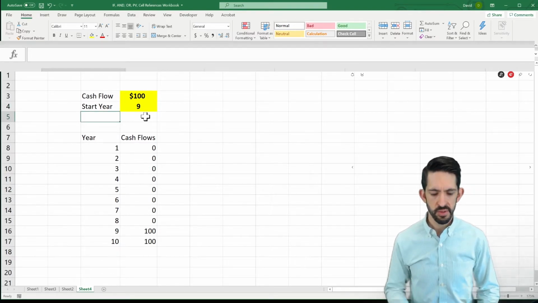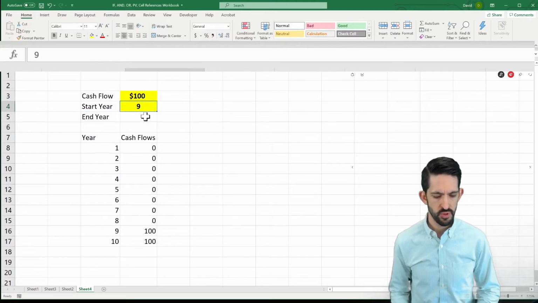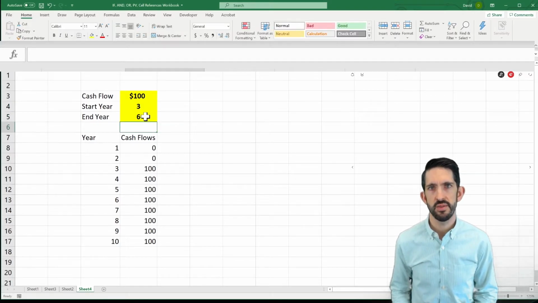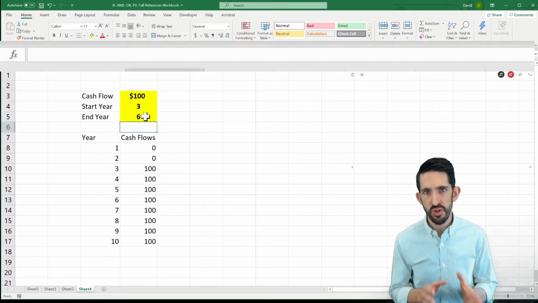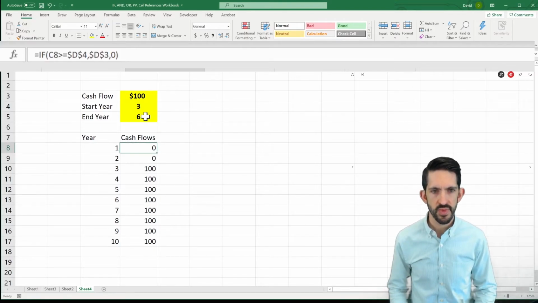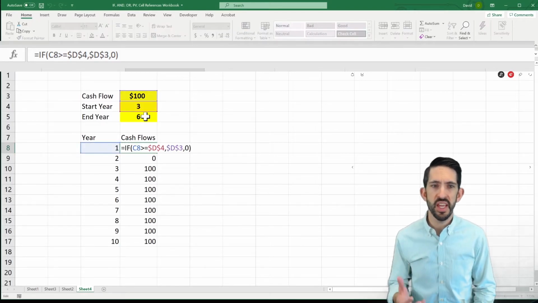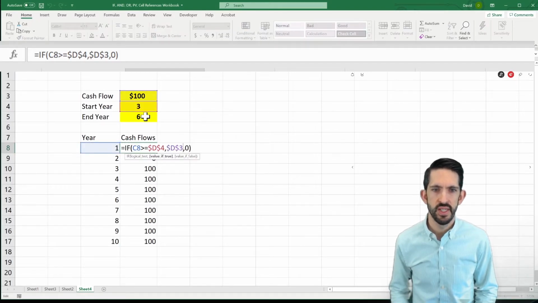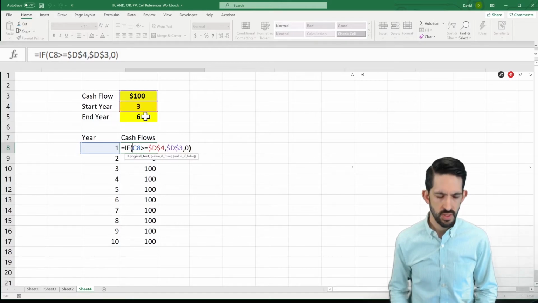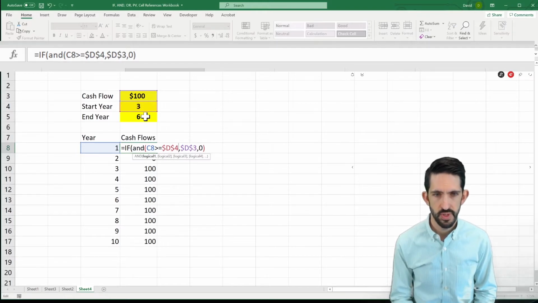So now let's actually add a little bit of complexity, and we're going to put an end year on as well. So we'll put our start year back to 3. Let's make our end year 6. So now we want cash flows to start in year 3 and end after year 6. In this case, we want to change our if function a little bit, and we're going to use the and function inside of it. So if I scroll over, I'm going to type and in front of my logical condition,